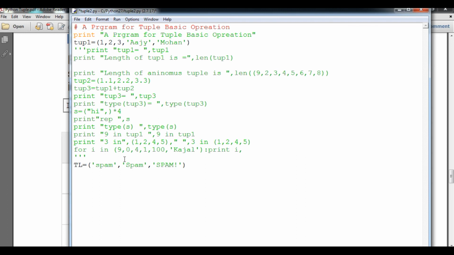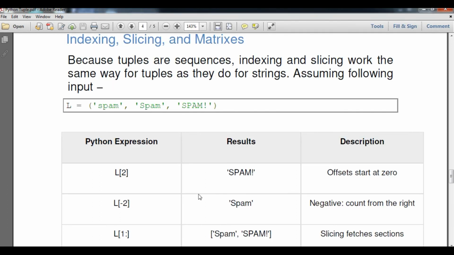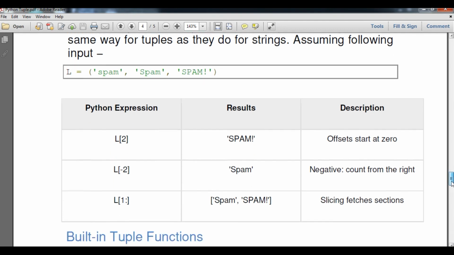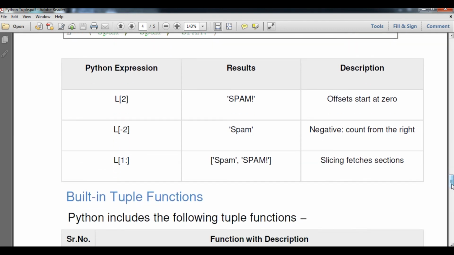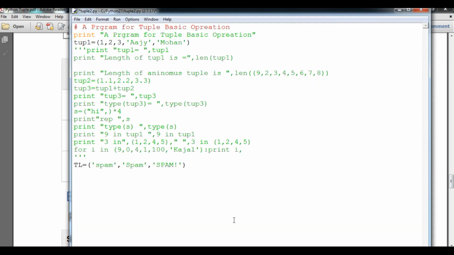As per the condition given in the study material, first of all we are trying to access L[2], L[-2], and L[1:]. Okay, so let's see how to access it. Print, within that we can say TL[2].